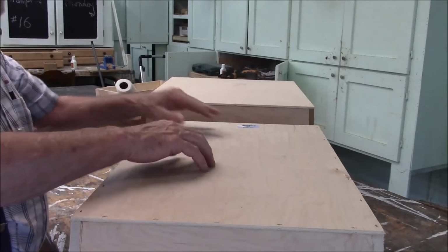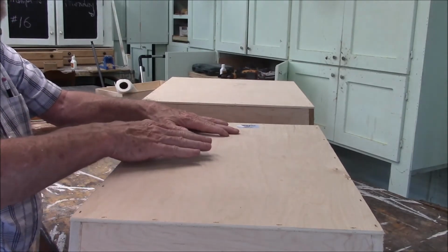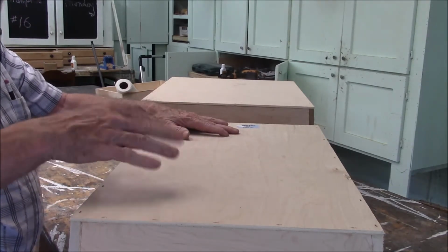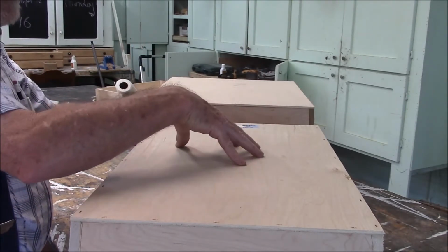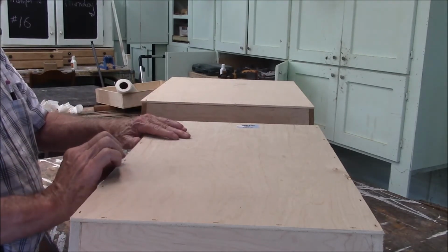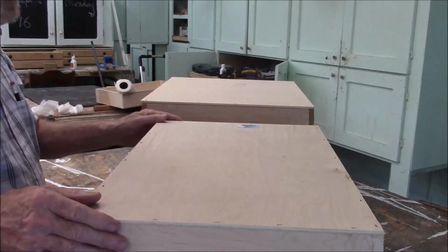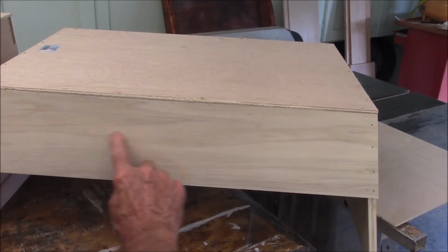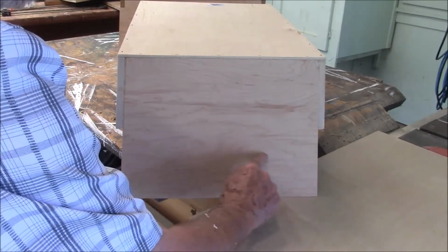Now this is just the attachment bottom here. This is the first bottom. I'm going to put an upholstered top on this, and I'll be attaching it from the underside through this 3/8 inch plywood. So this will have almost 3/4 of an inch of plywood on the top, but I'm just putting it in stages. Okay, next thing is to cut a radius in here,